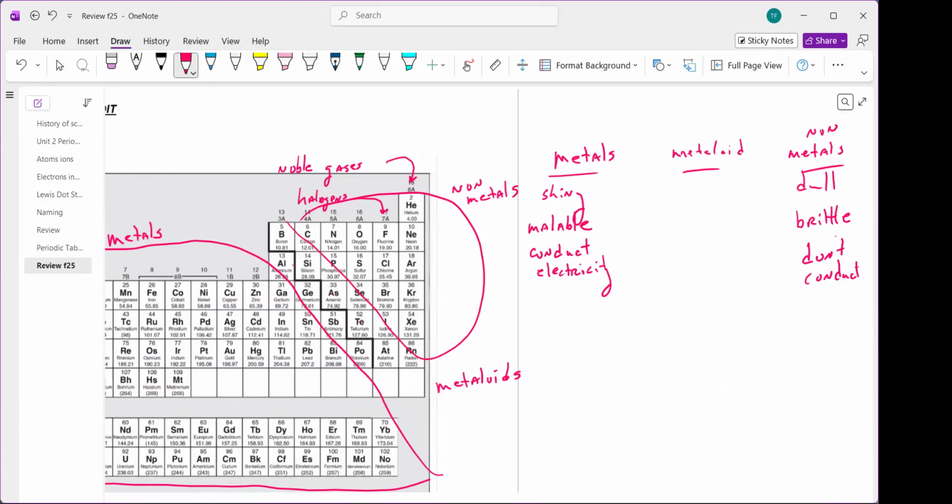Now, metalloids can act like a metal, or they can act like a nonmetal. And it has to do with the charge. Okay, so what do we mean by that? If you apply a positive charge to a metalloid, it'll conduct electricity. If it's negative, it won't. It's like a switch. Now, in 1947, let me back up 2 years. In 1945, one of the first computers was developed.